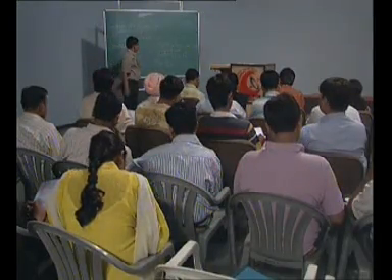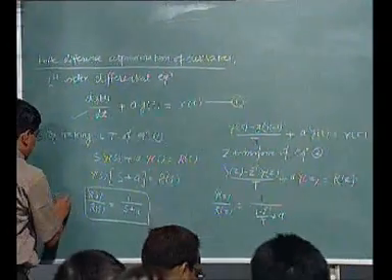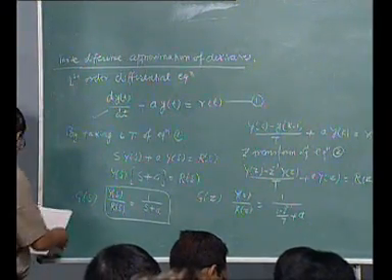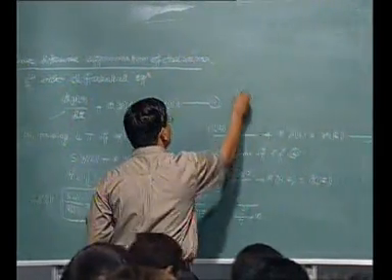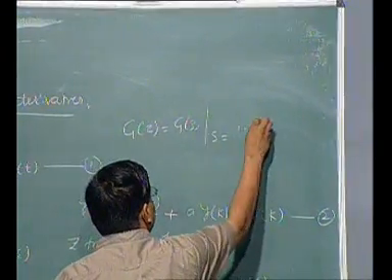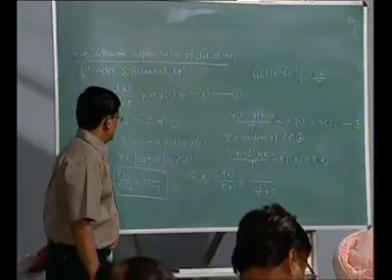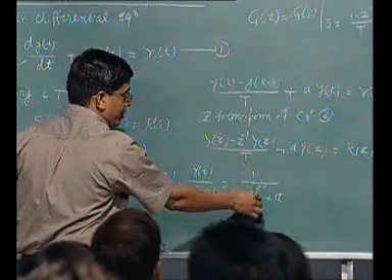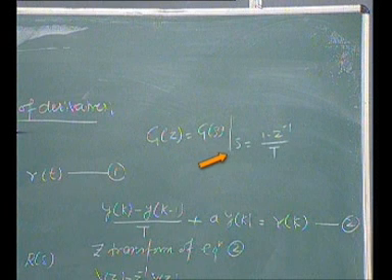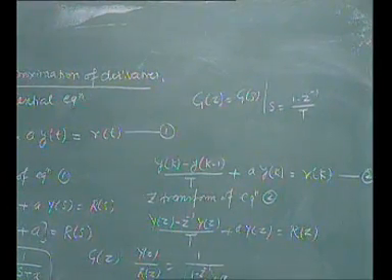Did everyone get it? Okay, now compare these two equations. So I can write here G(s), I can write here G(z), right? So from this equation I can write G(z) equals G(s) at s equals 1 minus z inverse upon T. Compare this 1 upon s plus a, here 1 upon this factor plus a. So G(z) equals G(s) at s equals 1 minus z inverse upon T. So we have got a relationship between s plane and z plane,